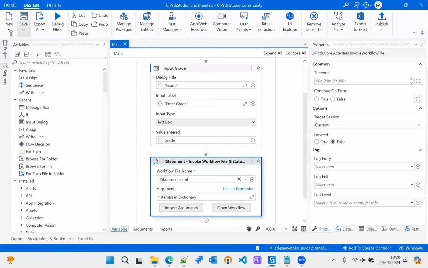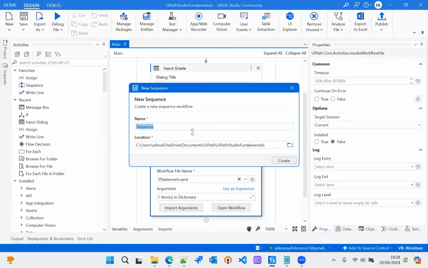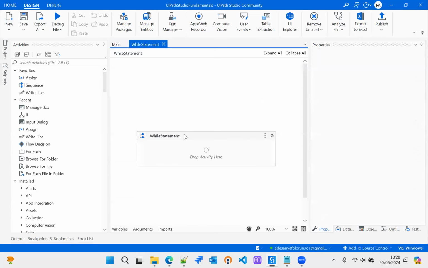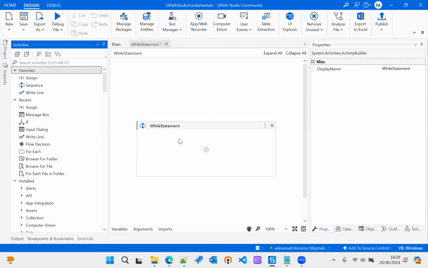Back to Studio, I'm going to create a sequence, let's call this while statement. In this sequence, in our exercise, we want to display or print the even numbers between 1 and 10. So pretty much, let's get to it. The first thing that we want to do is